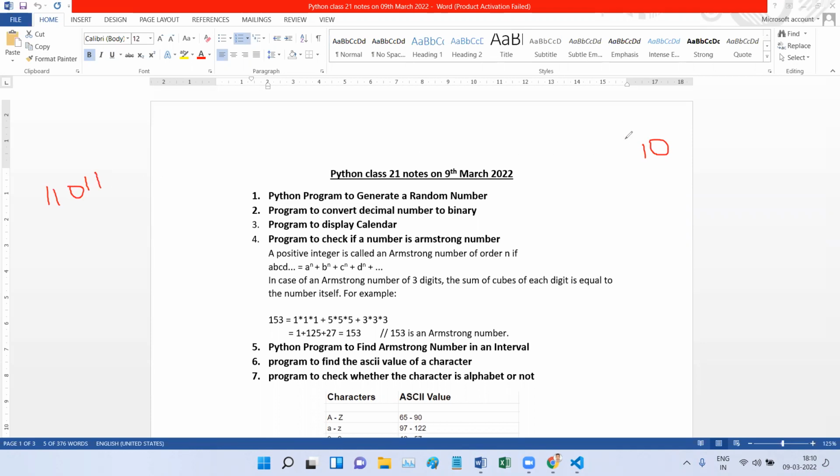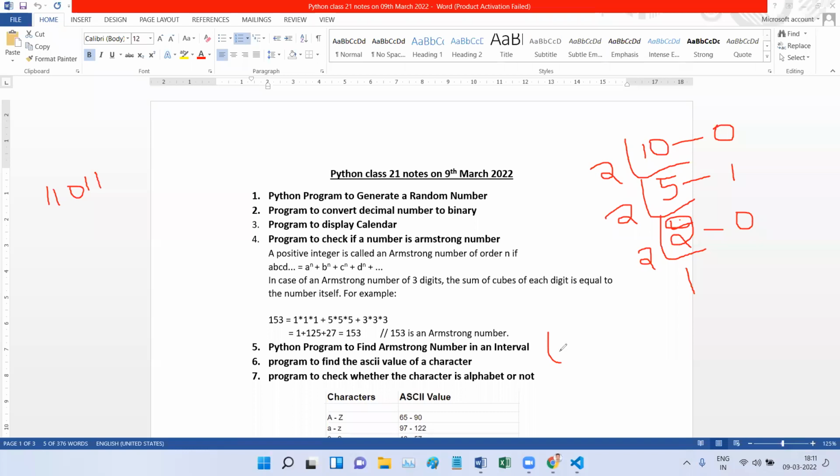To convert to binary, we normally do repeated division like we used to do in maths. We divide 10 by 2. 2 fives are 10, so there is nothing remaining, so we write 0. Then again divide 5 by 2: 2 twos are 4, but since it is not completely divisible, there is one remainder. We write that remainder. Then we have 2 ones are 2, and since it is completely divisible, we have a 0. Once we have a 1 at the bottom end, it means that we are done.